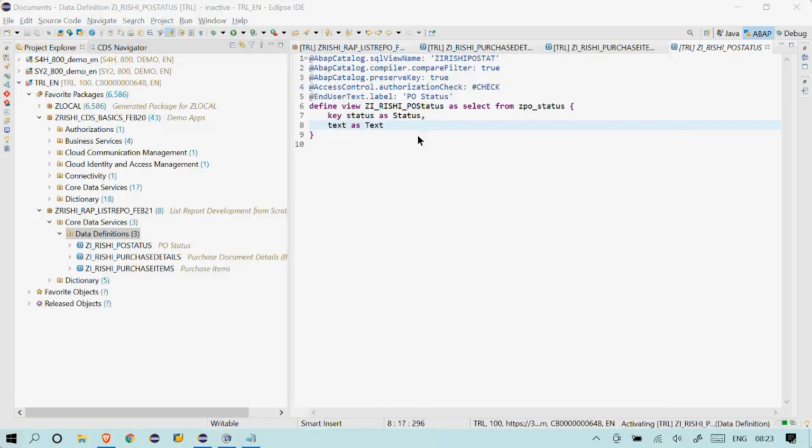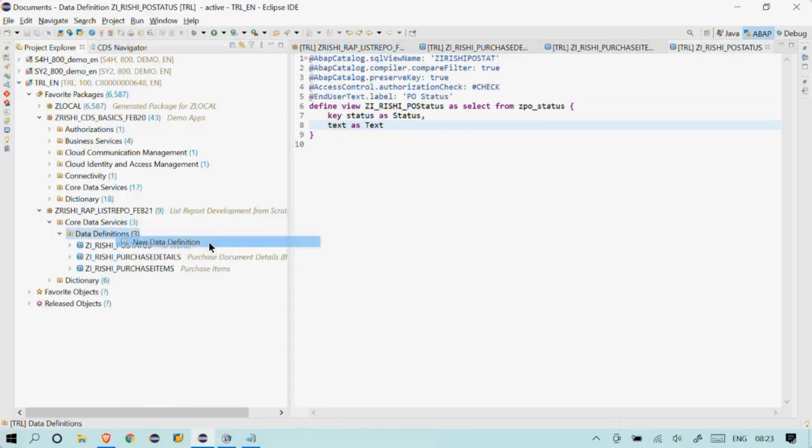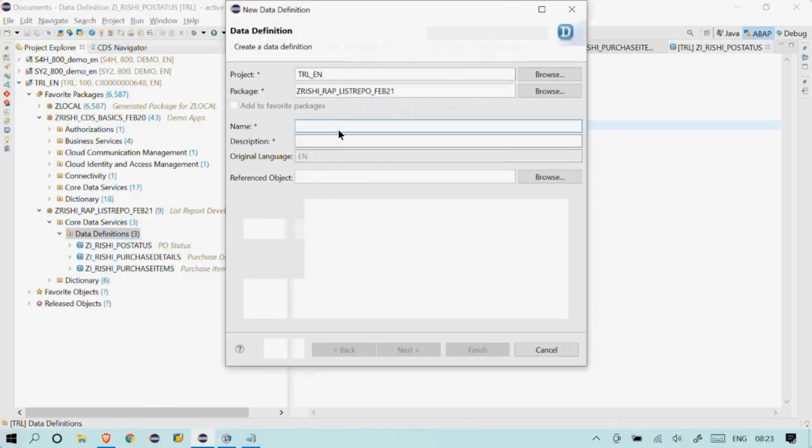Lenny, I will answer your question. I will try to create another CDS view on top of this and try to add it with a view entity. As far as I believe, define view entity is something we usually use when we are creating a business object on top of a CDS view. So let's look at that example also. For now, let's create all this information. I'll show an example also on that.